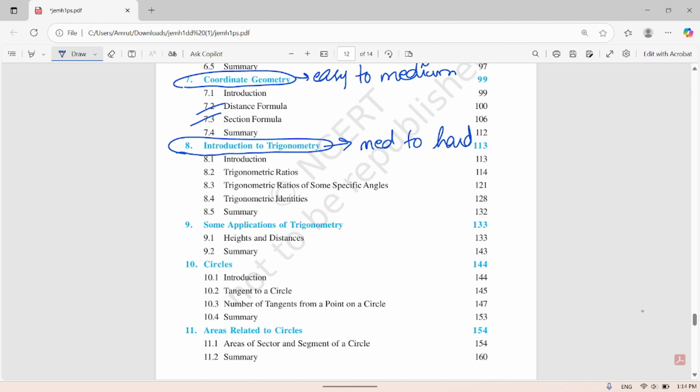Why, sir, this is medium to hard? You have both trigonometric ratios and trigonometric ratios of some specific angles. So this will be a medium concept because you'll be learning it newly, and you'll be using this. You'll be learning about this more in your plus one and plus two. And trigonometric identities, this is a hard one